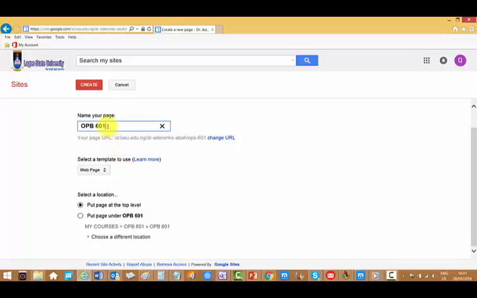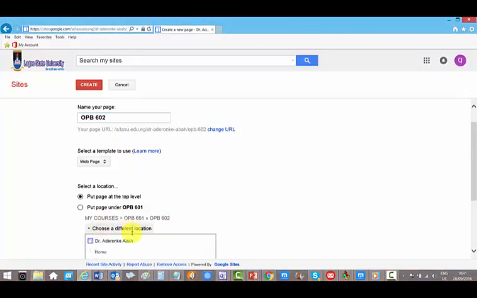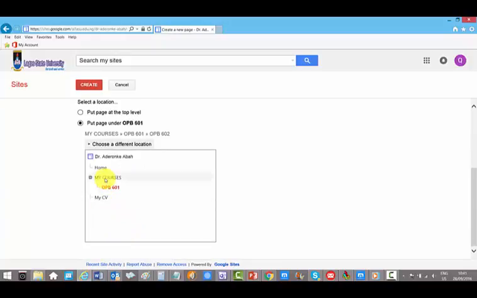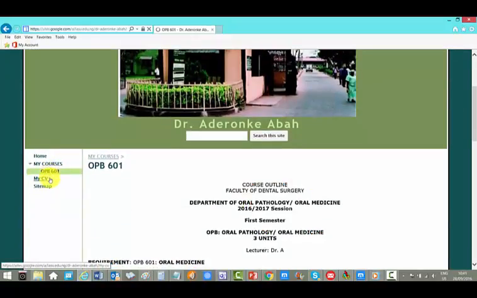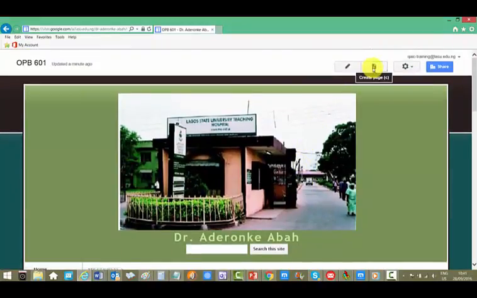OPB 602. So it's not under 601. You just have to choose a different location. So you select different location. So it's going to be under my courses. So it's a separate thing. Did you get that? Let me cancel this and repeat. So I want to create 602, this is 601, and I want 602 to come here, 603 to come here under my courses. So create page,